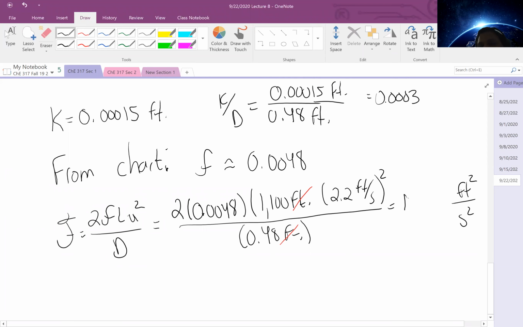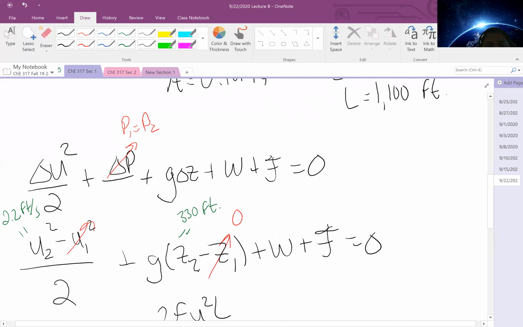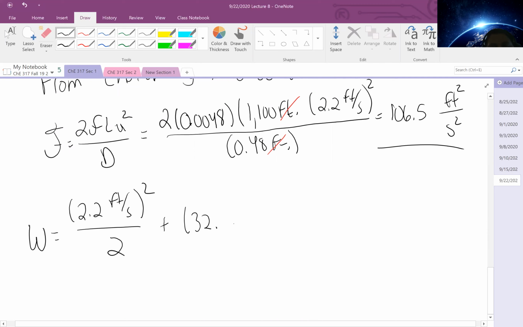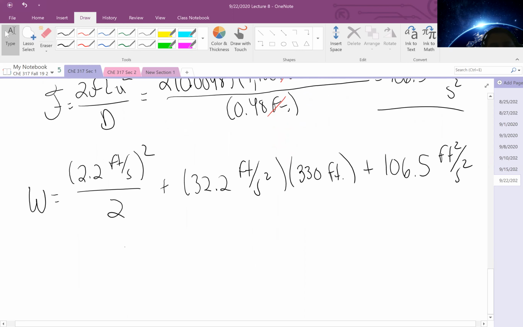And I have 106.5 feet squared per second squared for my frictional dissipation term. Now that I have that value, I can plug into my original mechanical energy balance and solve for my work, which is going to be 2.2 feet per second squared over 2 plus 32.2 feet per second squared times my height, 330 feet, plus 106.5 feet squared per second squared. All my terms come out proper, and the feet squared per second squared value